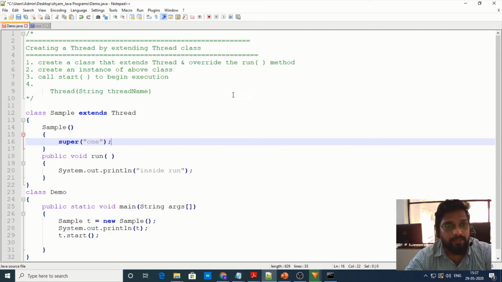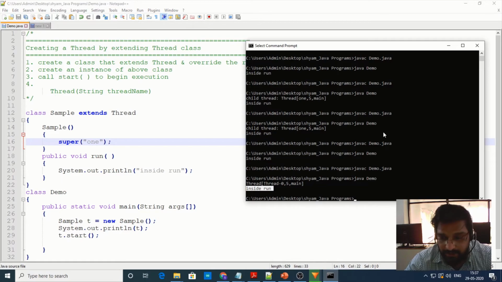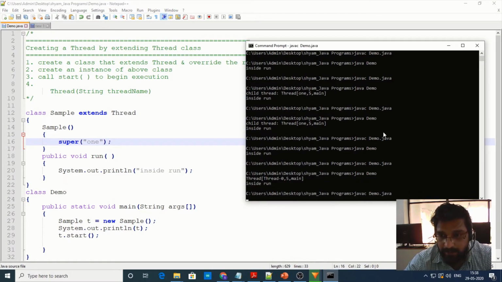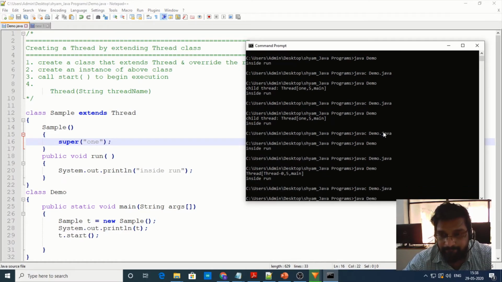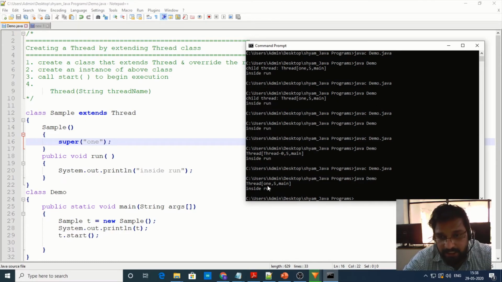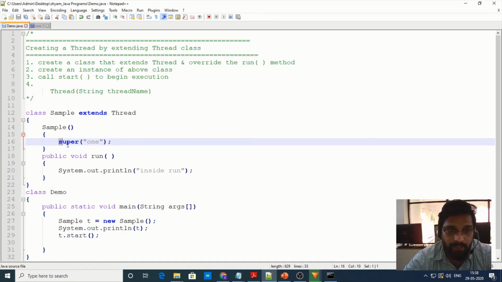So now let me run this program again. Let us check. You see that here the name of the thread has been changed from Thread-0 to 1.